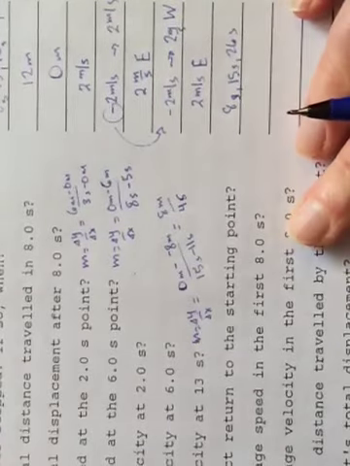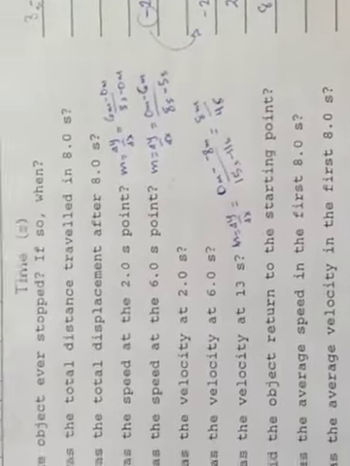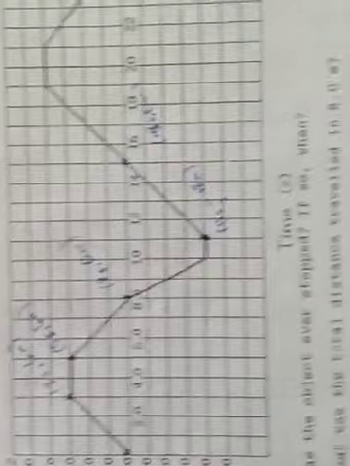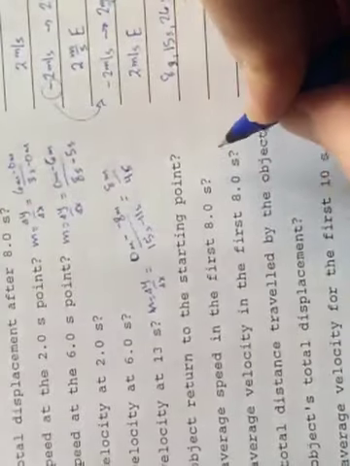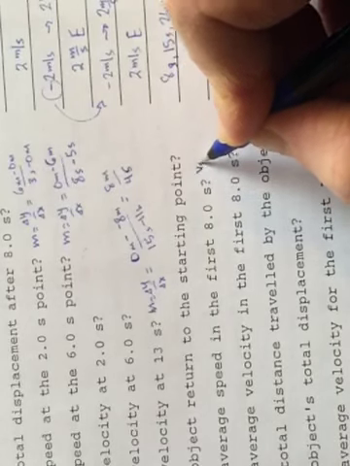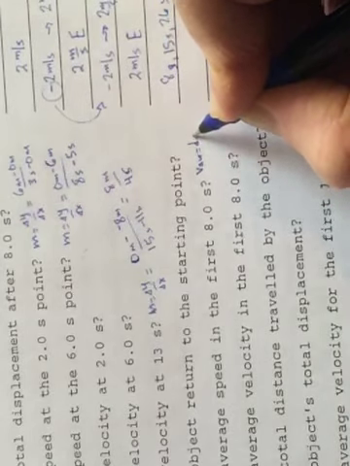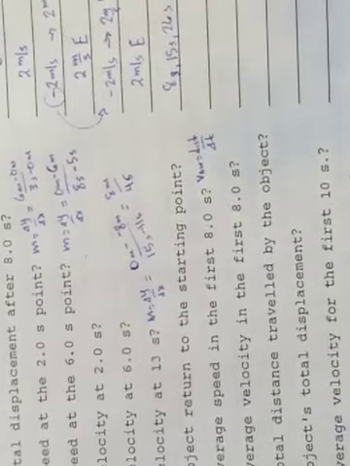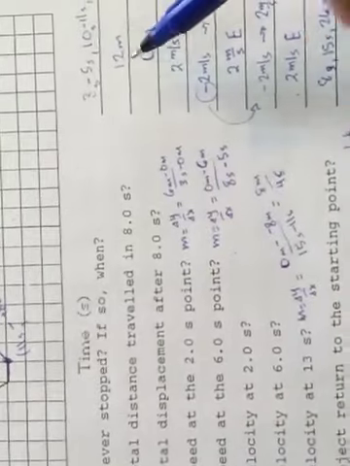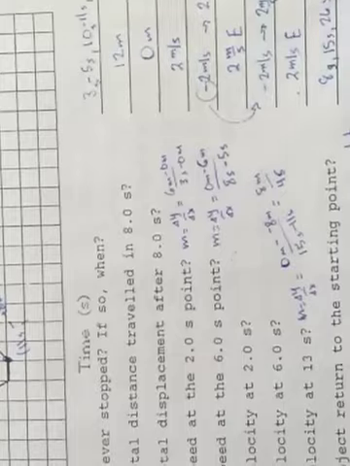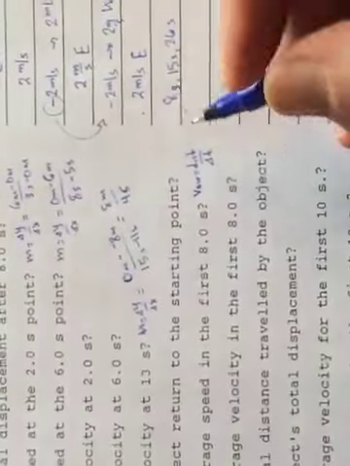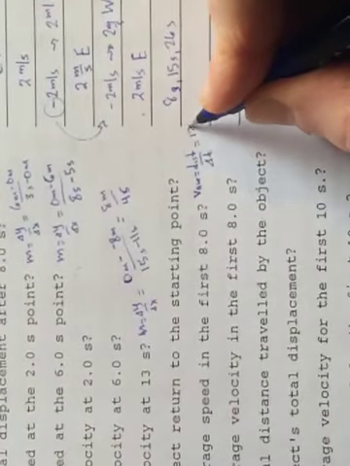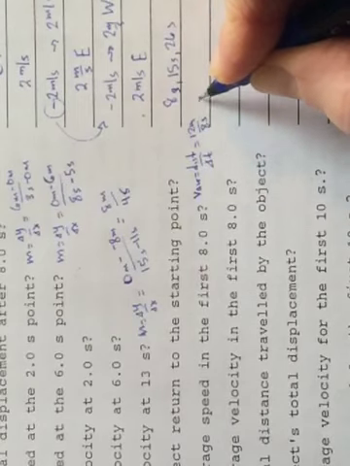What was the average speed in the first 8 seconds? So average speed, we just said on that other screen, average speed is equal to distance over time. So what was its distance in the first 8 seconds? Well, we found it up top here. We found it in number 2. It was 12 meters. So the average speed will be 12 meters over 8 seconds, which is